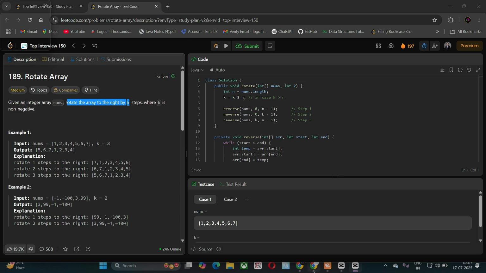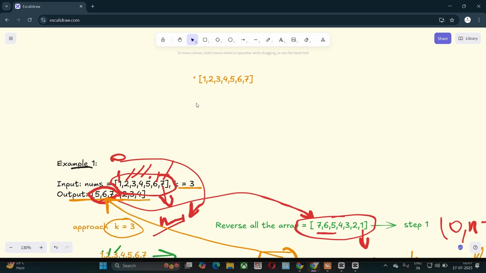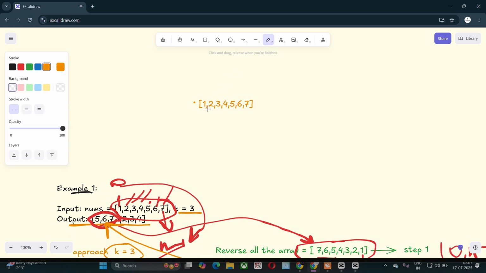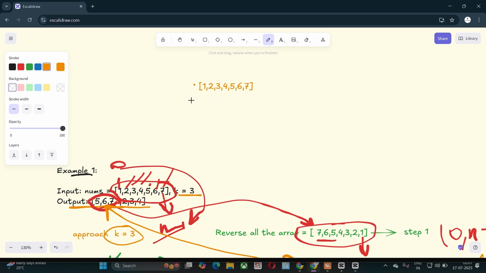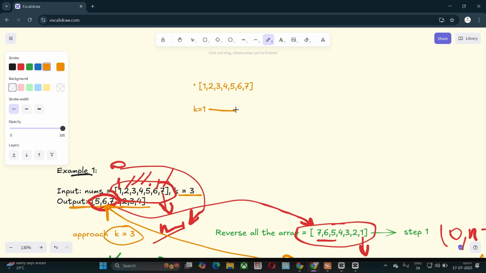Our element 7 does not appear in the array, because if I add 7 after the 6, our length is increased, and that is not required. So we shift the 7 into the first position, the missing element shifting into the first.